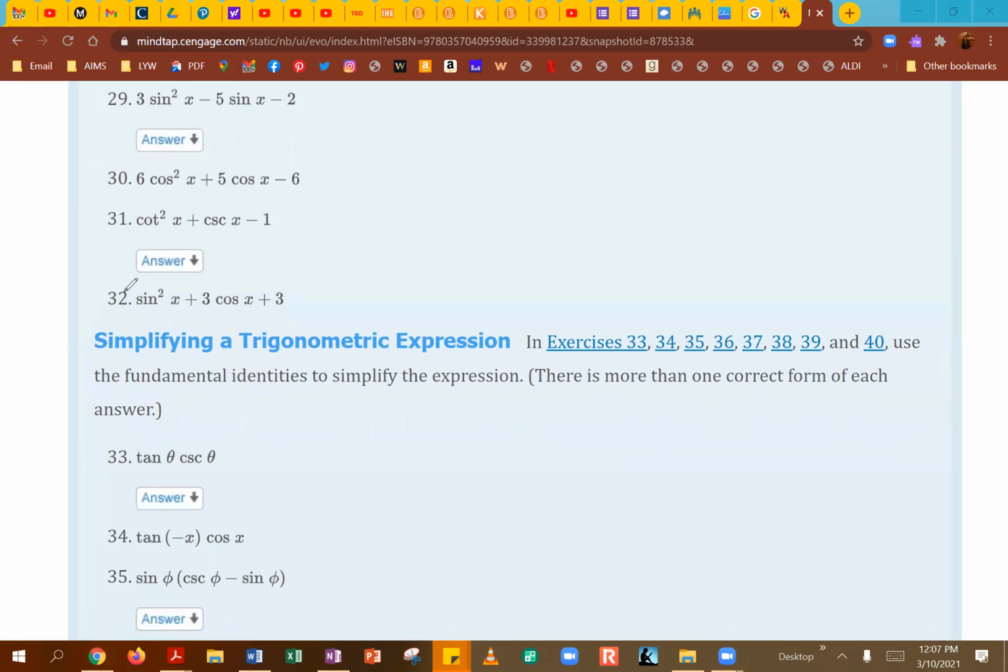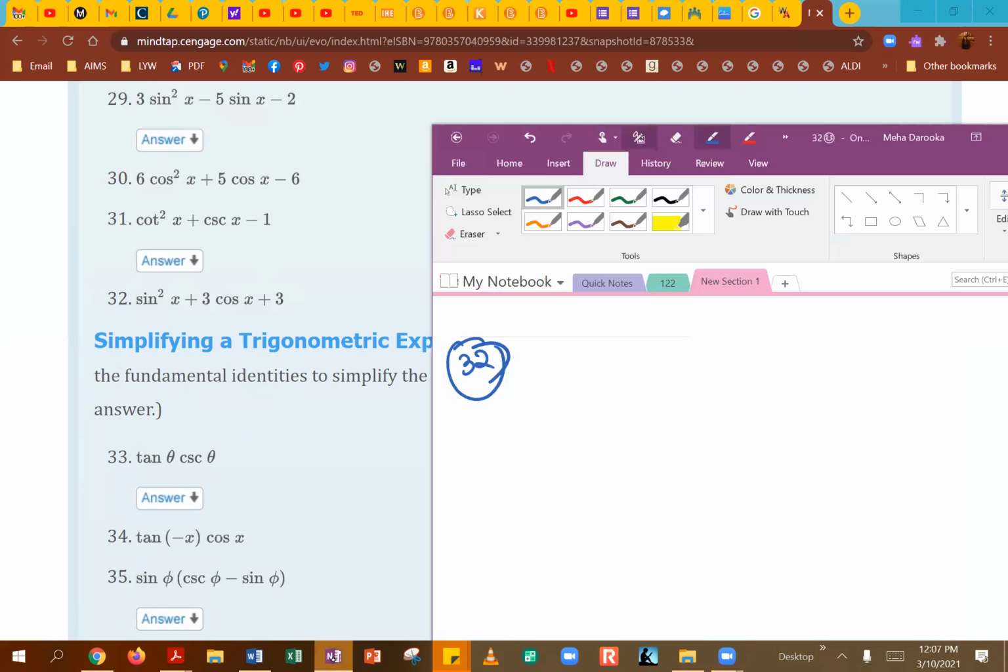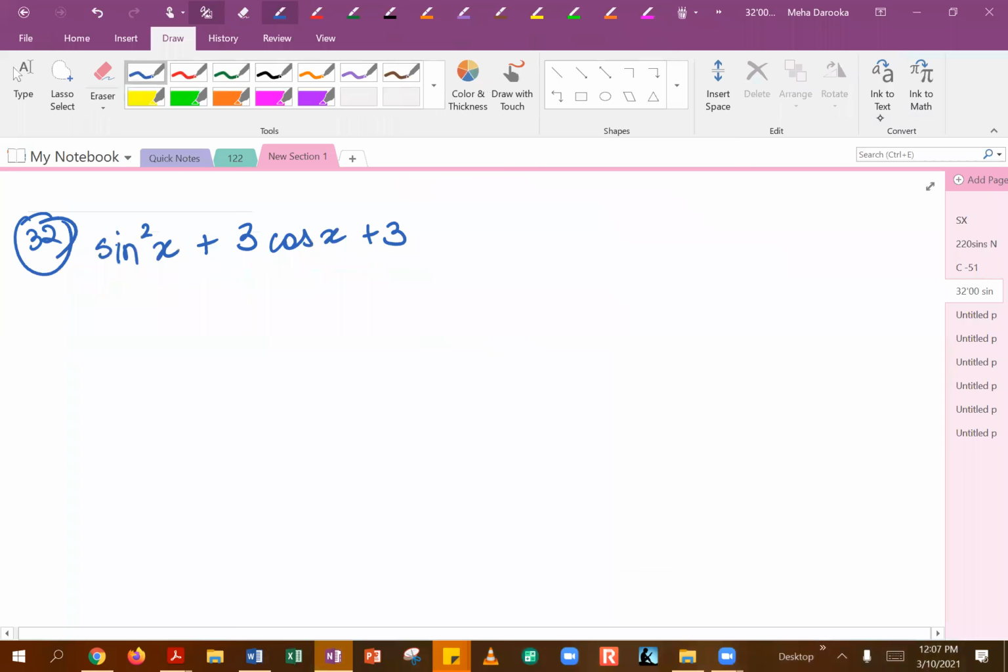So how would we go about breaking this guy down? Let's take a look at how to factor this one. Let's go ahead and write it down. So we are given sine squared of x and then we have 3 times cosine of x plus 3. Now, for any factoring to work, we need to have all the same functions. So either this entire